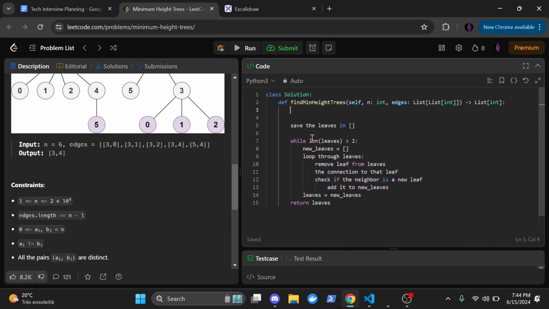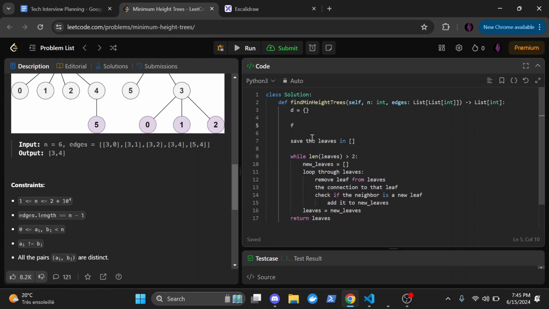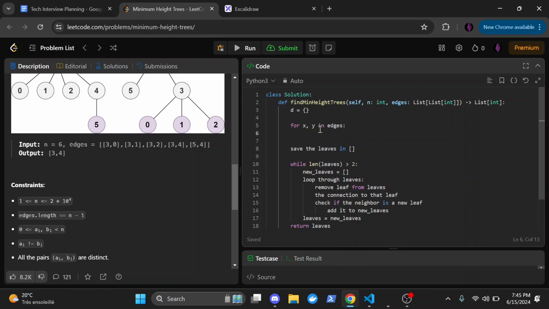Okay, back to here. So we initialize a dictionary. I guess D is a dictionary. And we loop through our input. I would give them X and Y, I could give them anything. So for X and Y in edges. So it would be X equals 0, Y equals 3, or X equals 3, Y equals 0, then X 3, Y 1. You see how that goes. And then D,